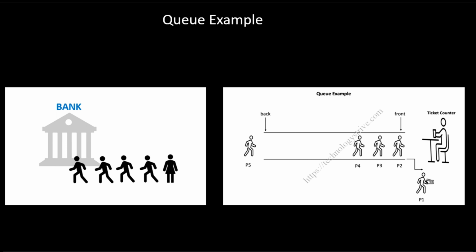For another good example, whenever we go to a movie theater, we need to get a ticket. To get a ticket, we stand in a queue at the ticket counter. Whoever enters the queue first gets the ticket first. So the operation maintains a specific order: whoever enters first gets the ticket first. This is called first in, first out order. Similarly, we see this queue example in many cases, like at the bank we stand in a row, and at an ATM center we stand in a queue to get our turn. So here the queue data structure is used.